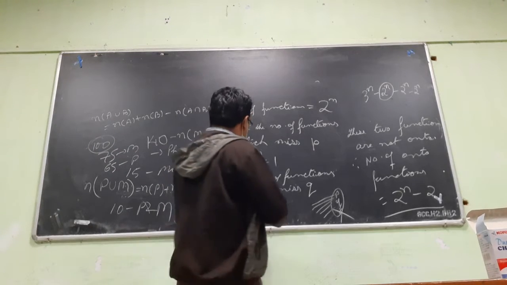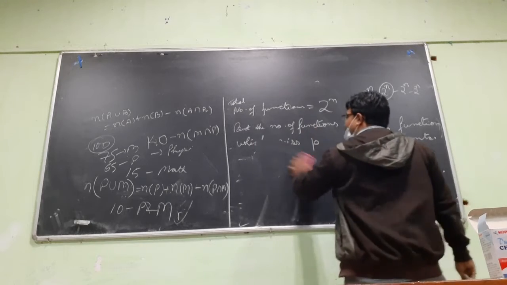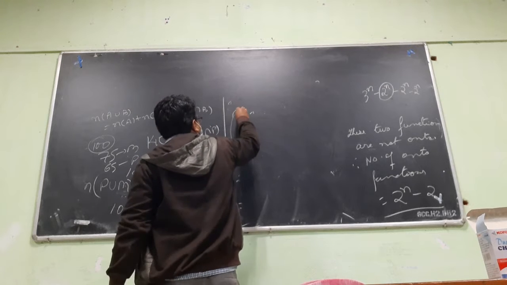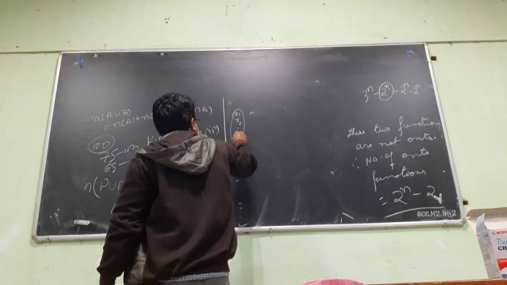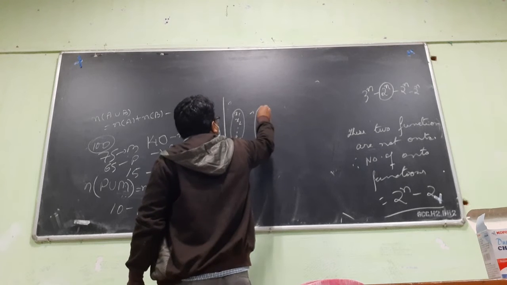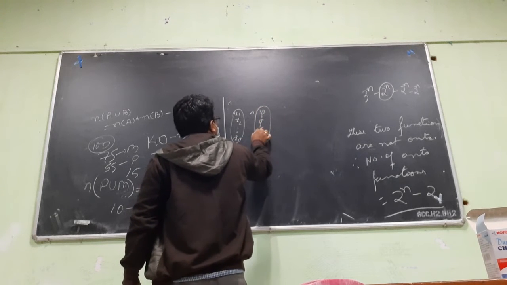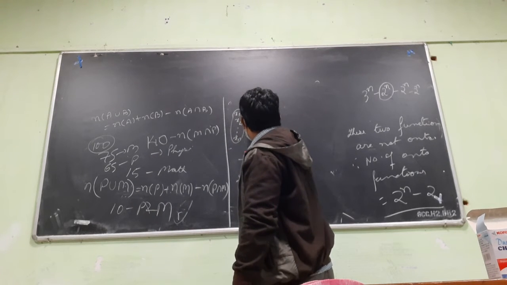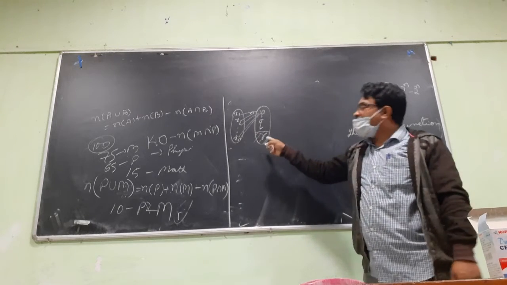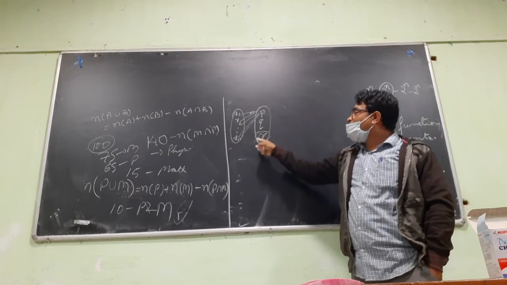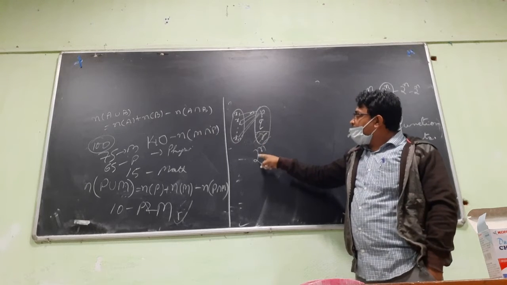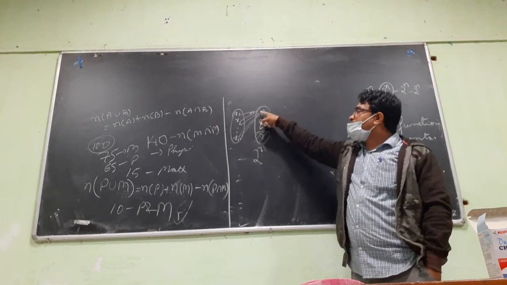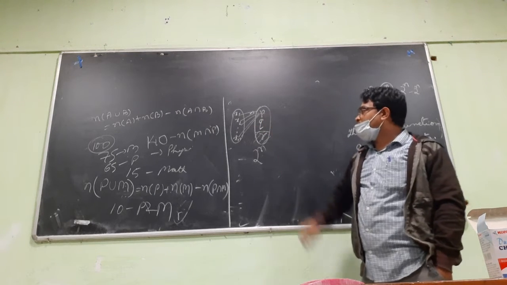When I consider the number of functions which do not go to R, with x1, x2, up to xn and say P, Q and R, suppose I consider the functions which do not go to R. There may be functions of this type also which go only to P. So these functions are also counted. When we count 2 to the power n, these types of functions are also counted, the number of functions which go only to P.